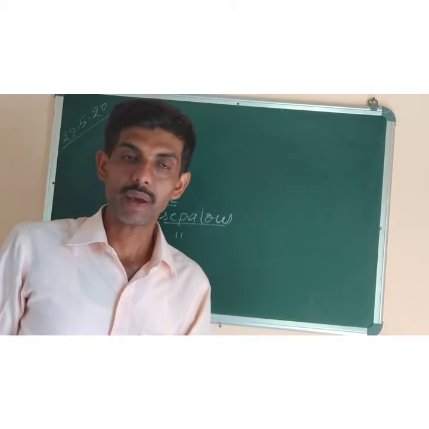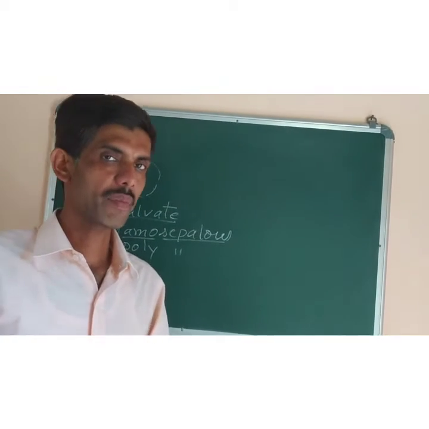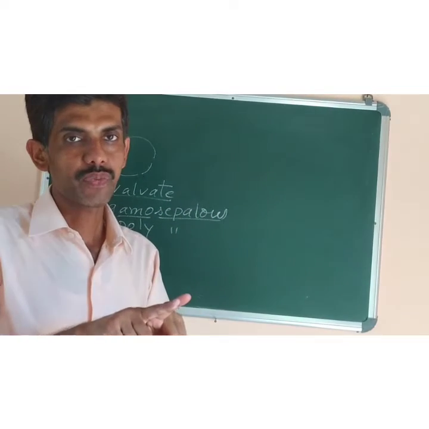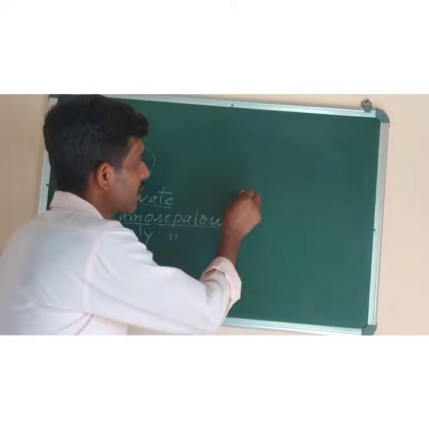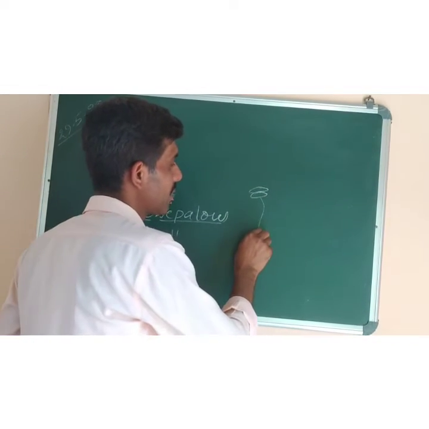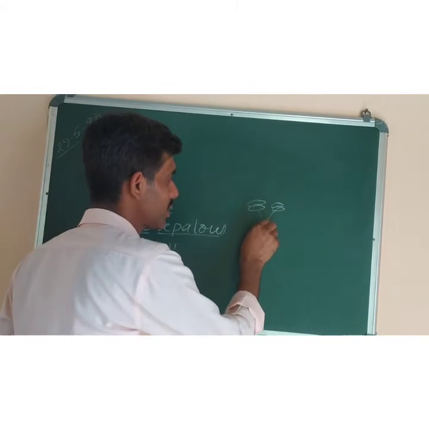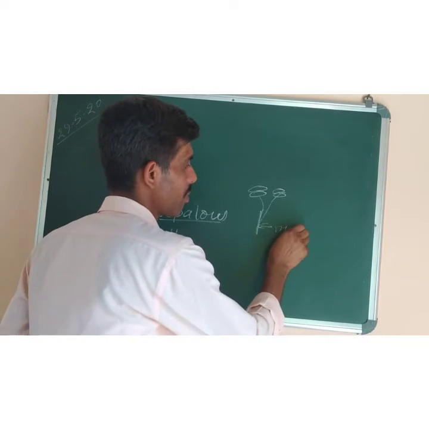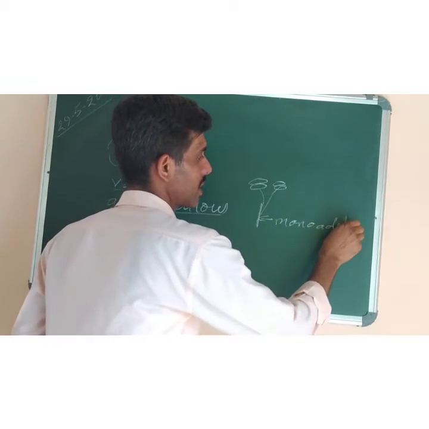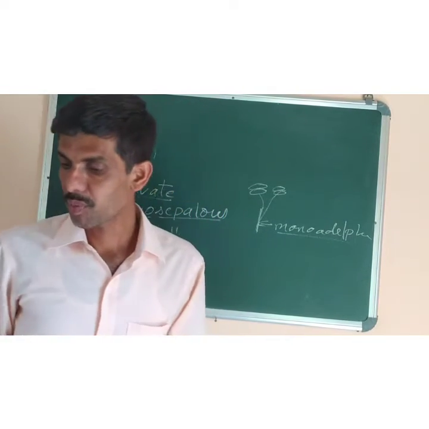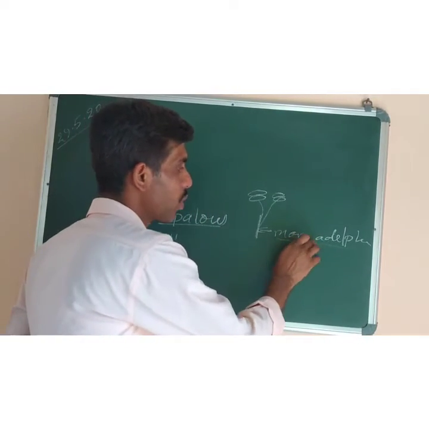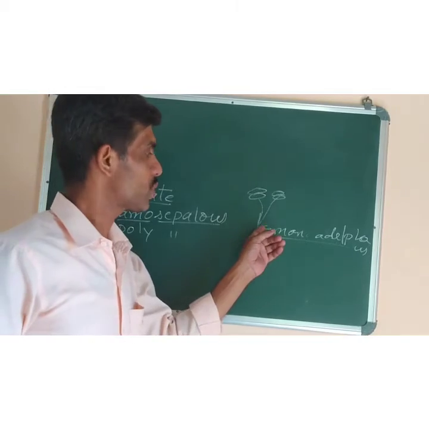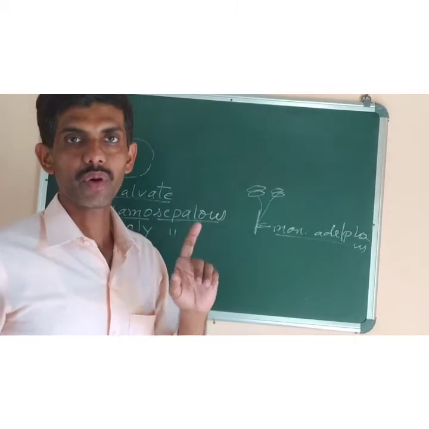Now cohesion of stamens. You know that stamens is the male part of the flower. Now when the stamens join with each other to form a single bundle, like the anthers are free here, but the filaments are fused together, and this fused together forms one bundle, then it is known as monoadelphous. Check the spelling, M-O-N-O, monoadelphous. M-O-N-A-D-E-L-P-H-O-U-S, monoadelphous. Means when the filaments fuse together to form one bundle only, it is called monoadelphous.